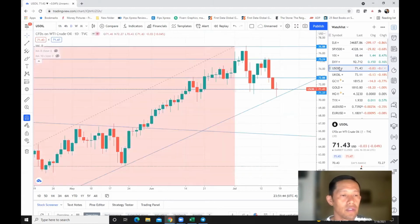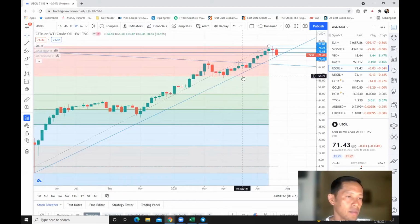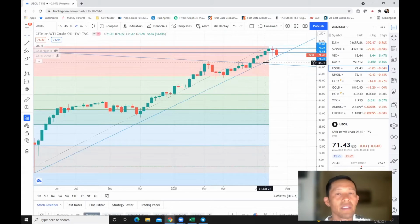US oil has simply, in actual fact, touched the major uptrend line. So it's still based on an uptrend. There is potential continuation to the upside, and I need basically a lower high in order for that to happen. And if I go now through the daily time frame, if it breaks out through here though, then easy,